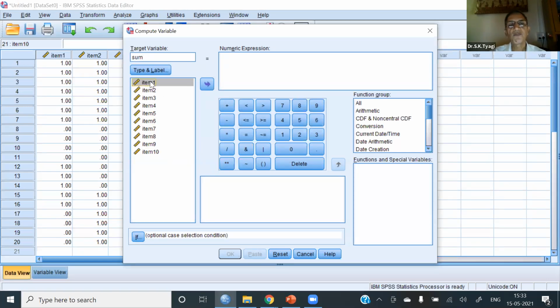Now there are two ways. One is to take item 1 here, plus item 2, plus item 3, plus item 4, plus item 5, plus item 6, plus item 7, plus 8, plus 9, and plus 10.